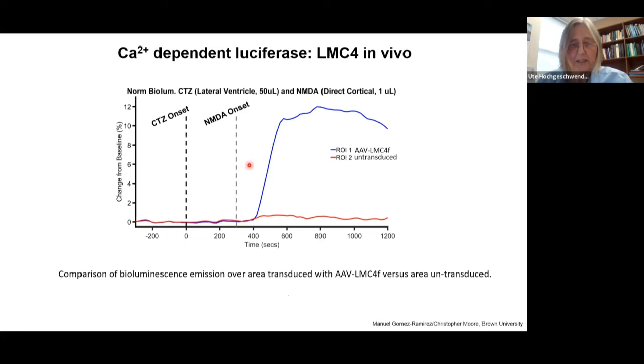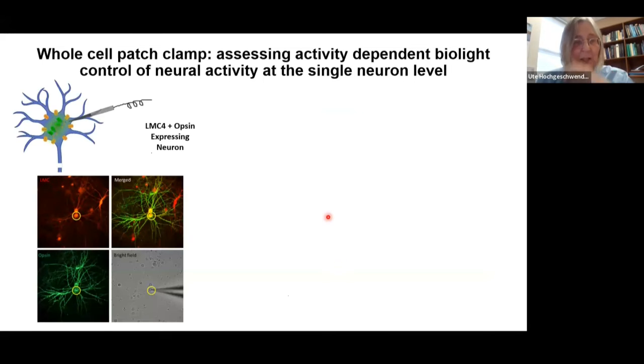Once you inject NMDA, which then makes the neurons fire, you see an increase in light emission just in the neurons that express the luminescent, but not in neurons that don't. So we wanted to now directly test if we can actually drive an opsin in neurons that express both an opsin and a luminescent. So we assessed by whole cell patch clamp whether BioLight, activity-dependent BioLight, can influence single neuron